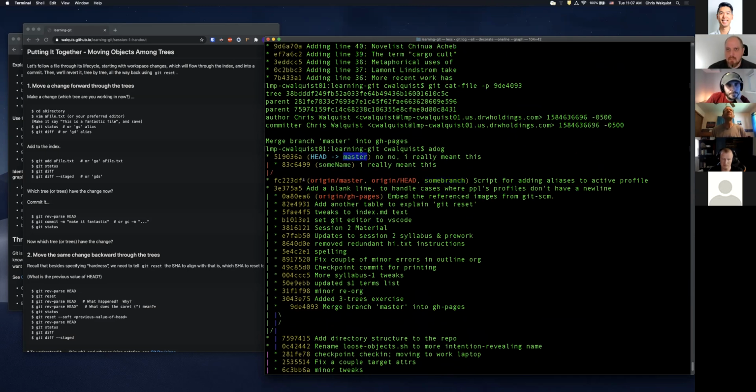Master here, you can see that master has diverged from origin, or it's gone ahead of origin master. I think that's another important point, as we'll get into later, to note that there's what's on the remote, and then there's a local branch that tracks the remote branch. So you can't only work with origin master. You have to have your own local master pointer to work with, and then update by pulling or push your updates by pushing.